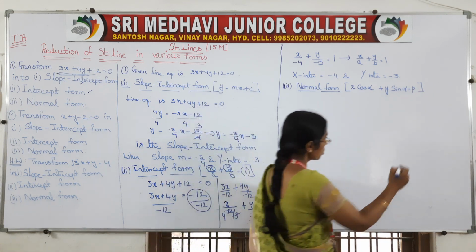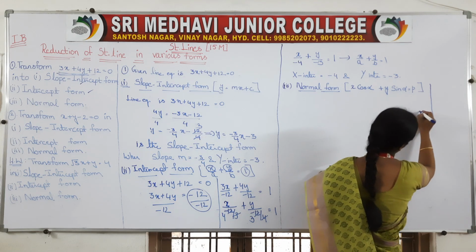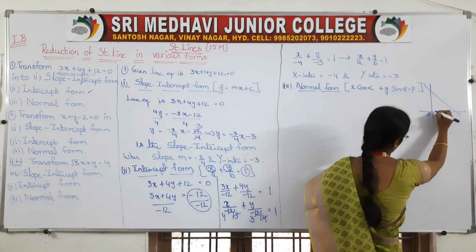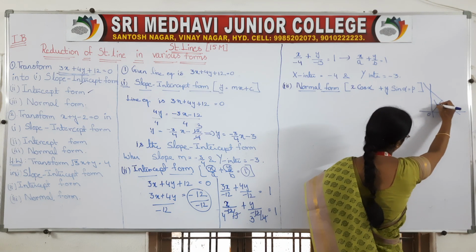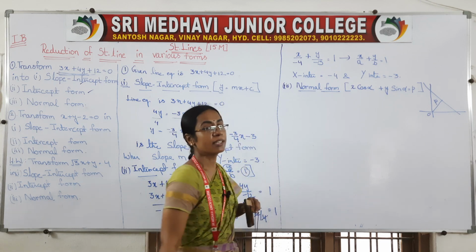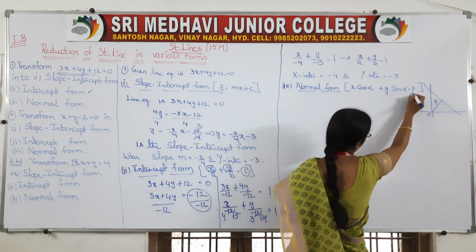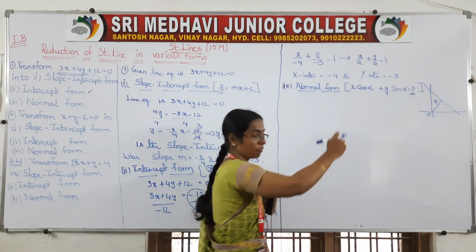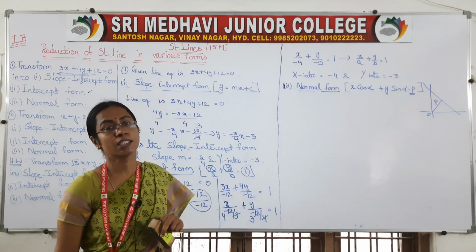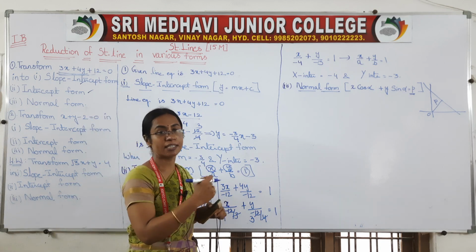How will we show the line in the diagram? This is the line whose distance from the origin is p. So p is the distance from the origin to that line, so it should be positive. Remember, in your equation, the right side value should finally be positive. Why? Because it is a distance.